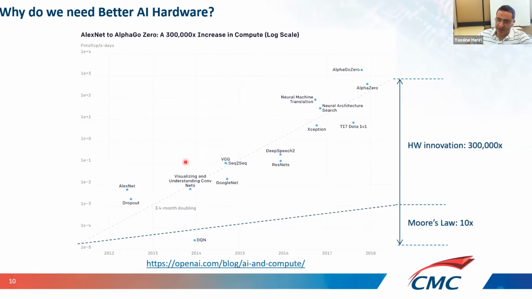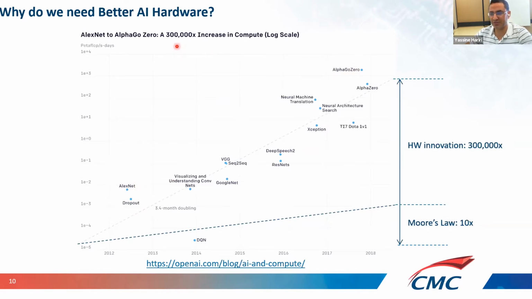So let's look back at 2012, the first date, the first revolution of deep neural networks. The first one was AlexNet, which was able to win the ImageNet competition. And we have progressed from AlexNet to AlphaGo Zero, which was able to defeat the world champions in Go. So in order to get from this level of performance required by AlexNet to AlphaGo Zero, we had to increase